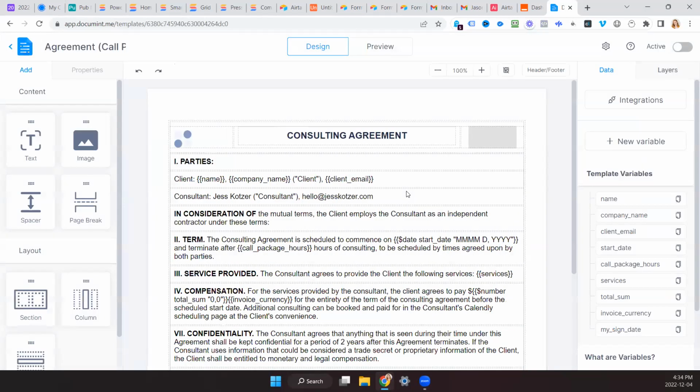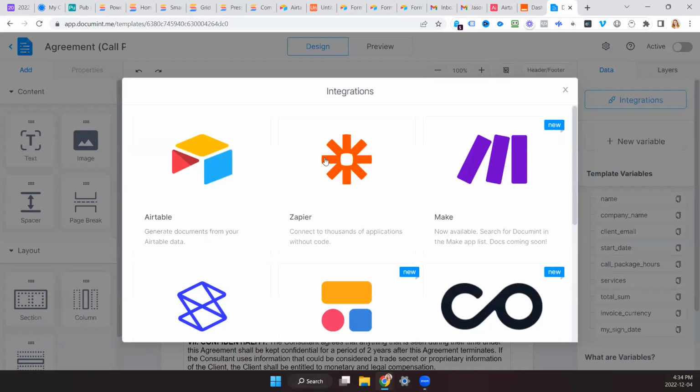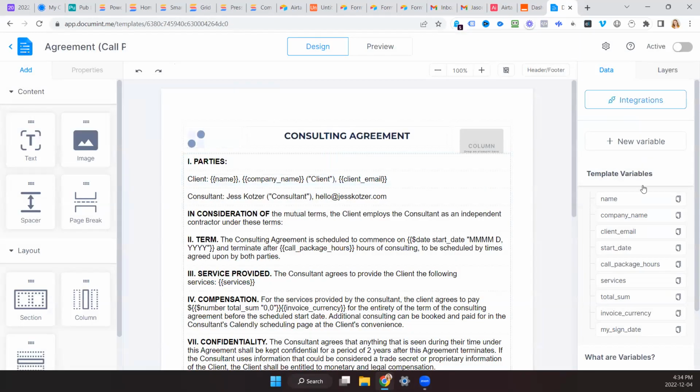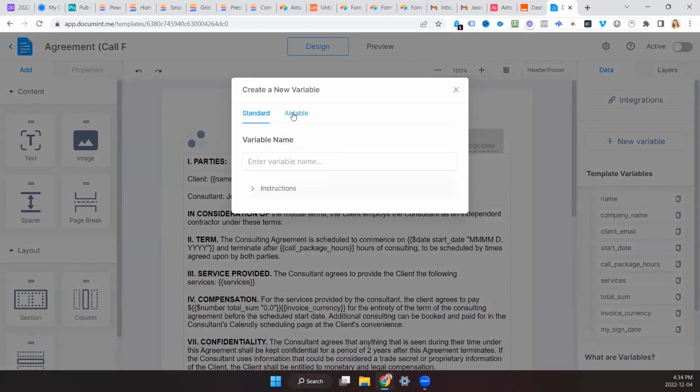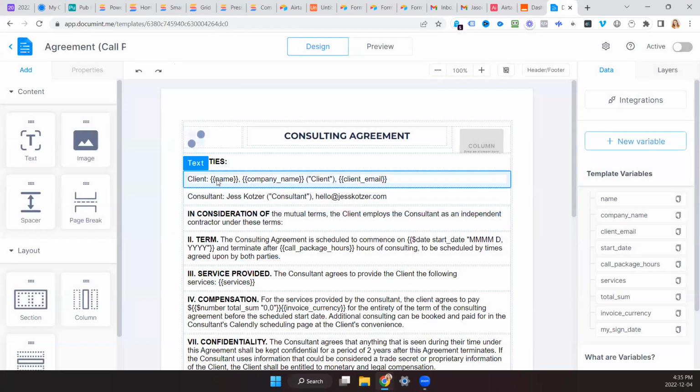So here, I have a document like this that's totally integrated with Airtable. So integrations, new variable, I already integrated Airtable. And if I have something called first name in Airtable, then I just copy this into different fields here.